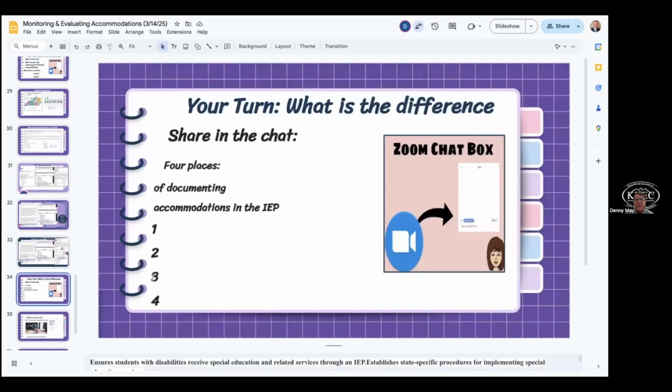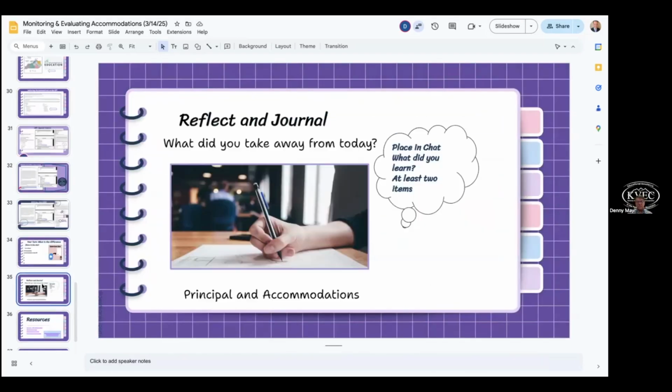The last thing we're going to have you do is just reflect and journal. I want you to take a minute and think about all the things that we talked about. We talked about law. We talked about the types of accommodations that are available and their slight differences. We talked about the differences between accommodations and modifications, and we talked about verifying and evaluating, and the fact that there needed to be some fading of accommodations. So take just a second and think about those things, and write 2 or 3 thoughts down as we get ready to end here today.